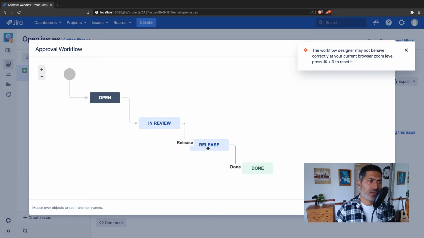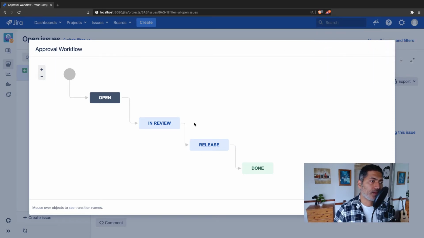Now there are a few ways of doing it, but I'll focus on the one which I think is very efficient, and it doesn't require creation of a new state. Now, one obvious way of doing it is, of course, to create a new status like approve. So after you have done your analysis or your in review, you can create a status like approval or whatever you want to call it, some status in between, and you can consider that particular status as let us say